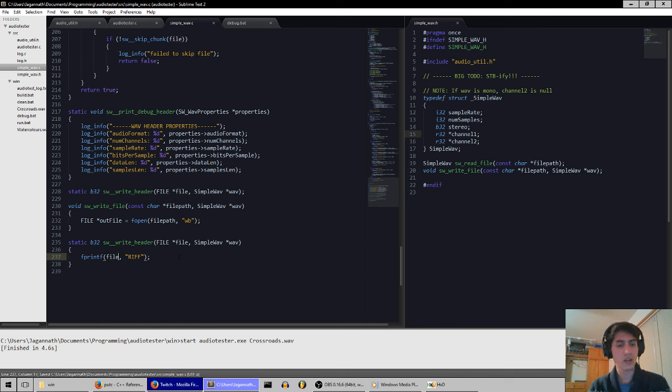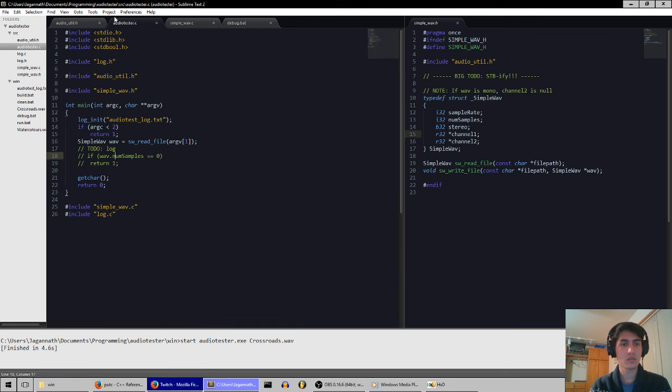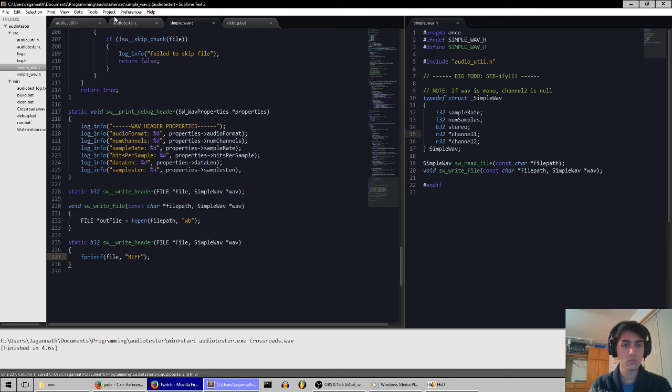So this should just output. I have to actually call this from main, that's right. So I'll read the wave and then I'll just write the wave back out. And then what are my parameters for that? I've got, so then I need to calculate